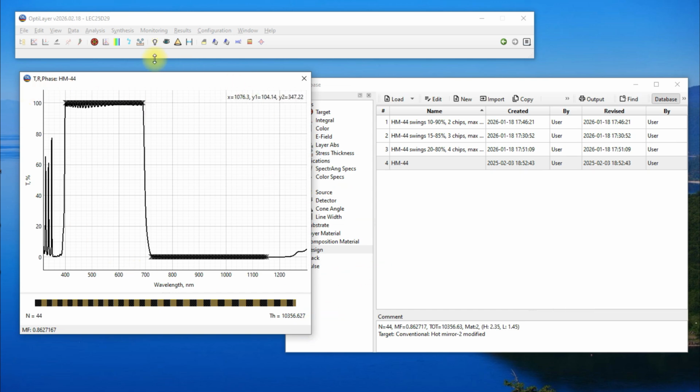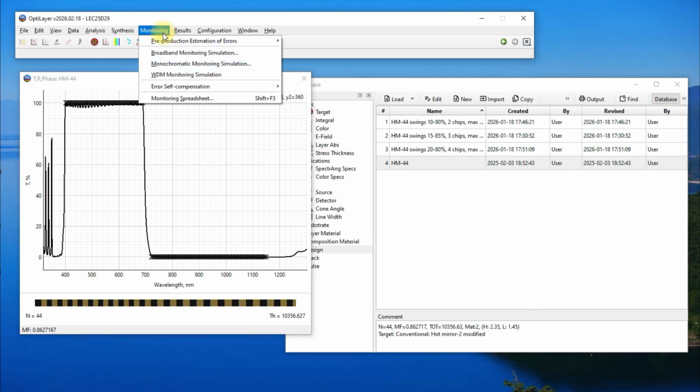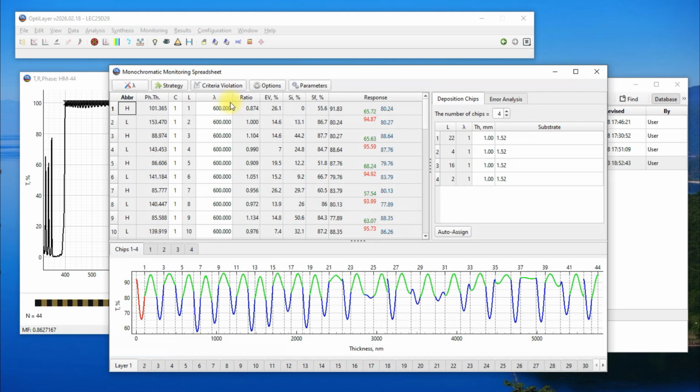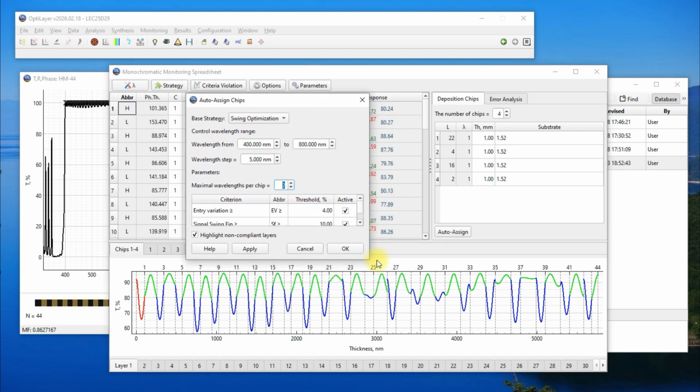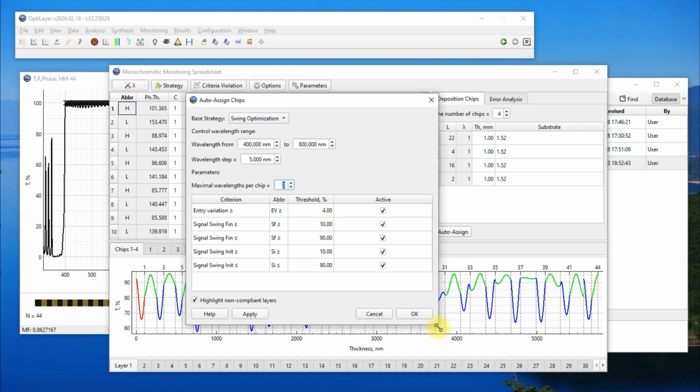Monitoring spreadsheets with multiple monitoring chips are created using the Monitoring, Monitoring Spreadsheet menu item. In the upper right part of the Monochromatic Monitoring Spreadsheet window, set the number of chips to 4. Click the Auto Assign button. In the Auto Assign Chips window, set the wavelength range to 400 to 800 nanometers and the wavelength step to